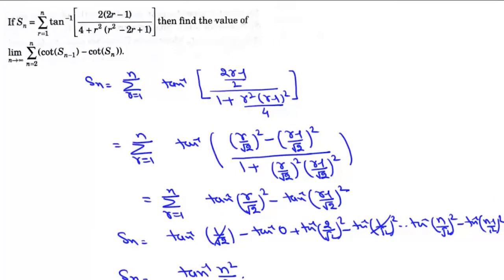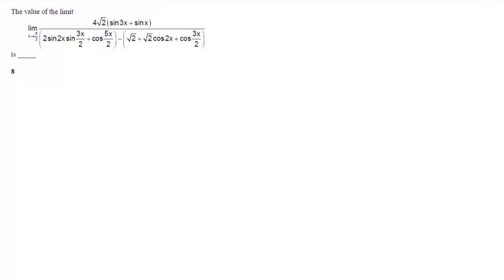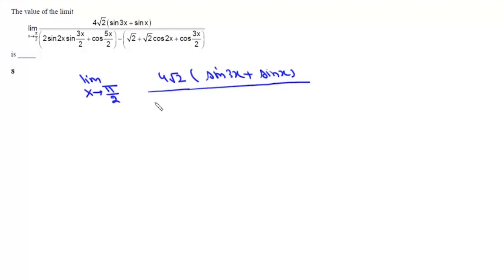So the answer to this question is simply 2. Now here the question is we need to find the value of this limit. Now this is the limit as x tends to pi by 2 of 4 root 2 times (sin 3x plus sin x) whole divided by 2 sin 2x into sin 3x by 2,